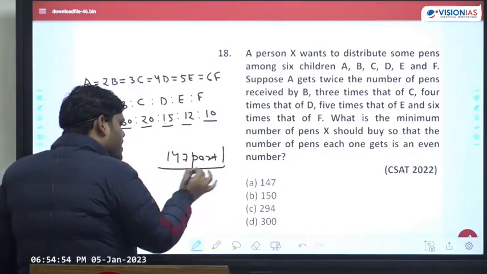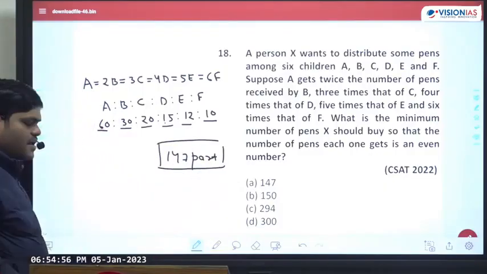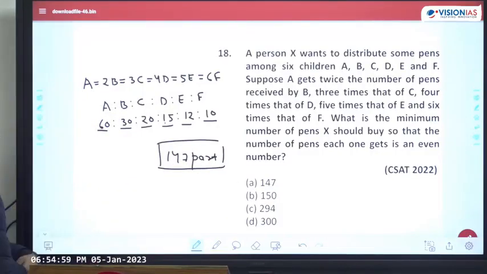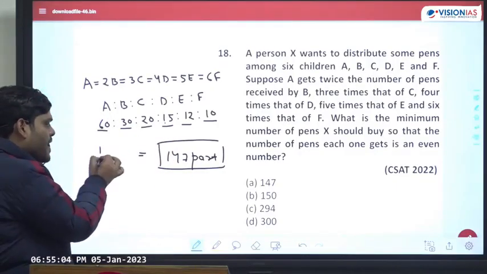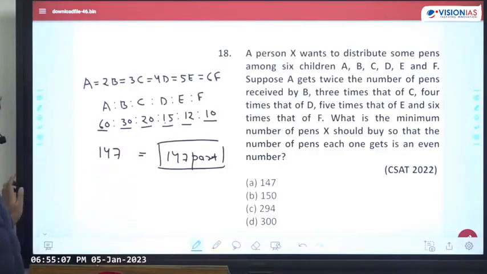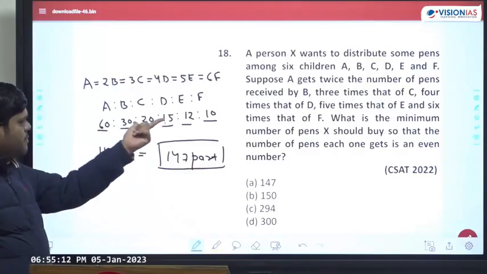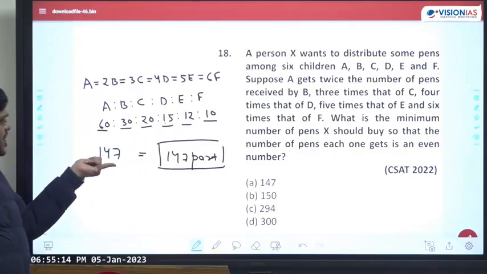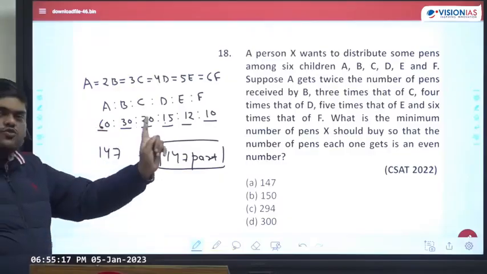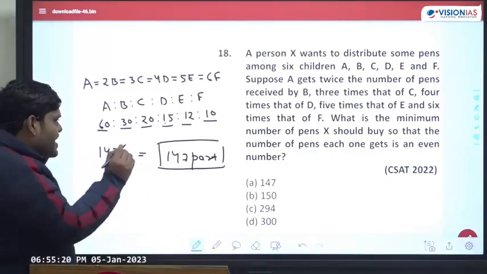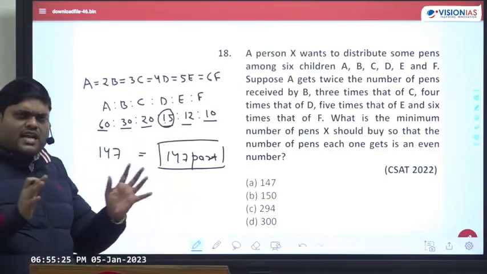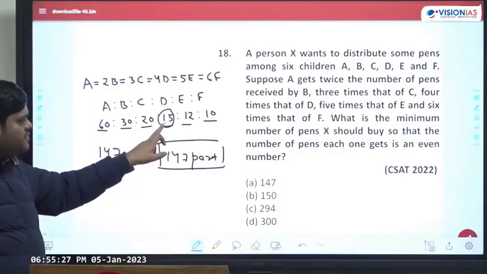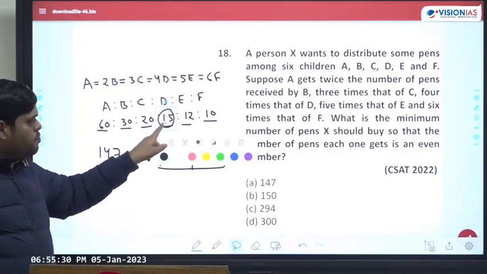Now what is the problem here? The problem here is, if I take one part value as 1, suppose I take the total number of pens as 147 only. So 147 parts should be equal to 147, that means one part is equal to 1. But the problem will be, in that case, this person will have an odd number of pens. I hope you are clear with even and odd numbers. This person will have an odd number of pens. So to make this as